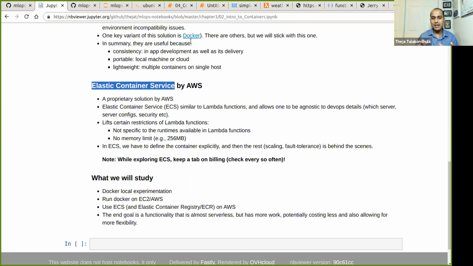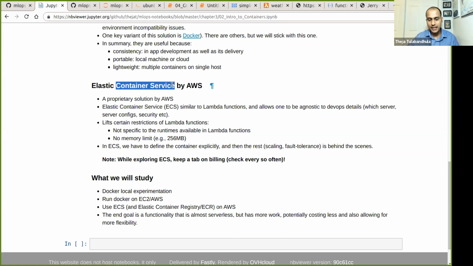AWS provides the same idea using a service called Elastic Container Service. So container service, as the name implies, it's basically about, hey, you don't have to worry about installing Docker on your remote machine. We will take care of that. You just have to somehow give us some sort of a container object. Okay. We'll talk about the appropriate terminology here. I'm just saying container object. The actual name is called an image, but we'll talk about this next time.